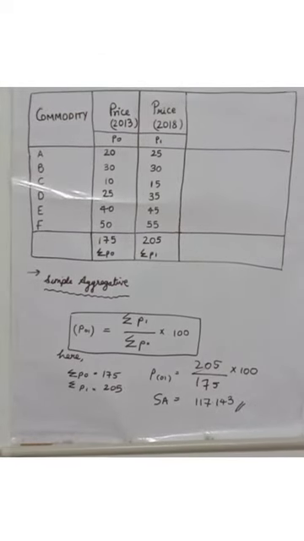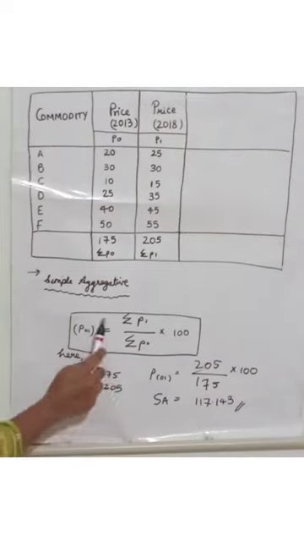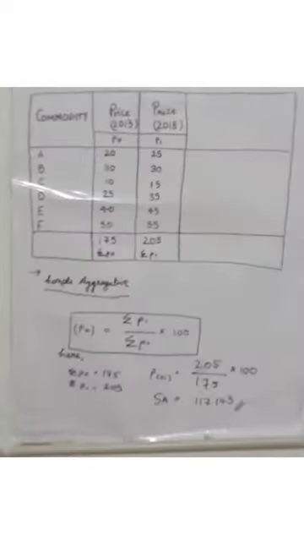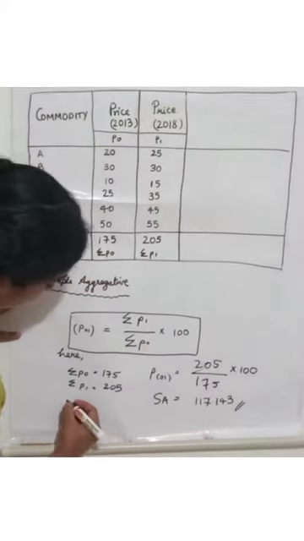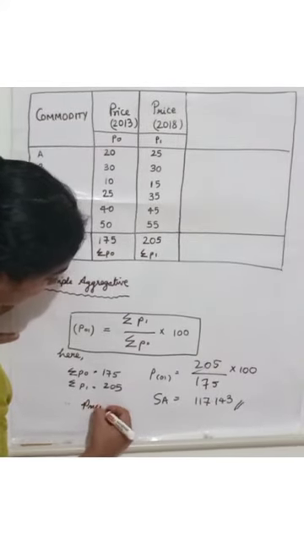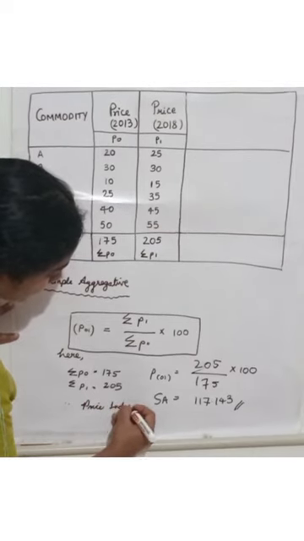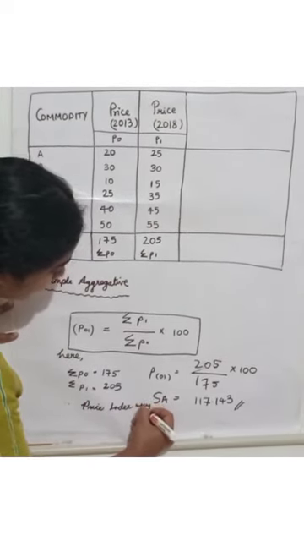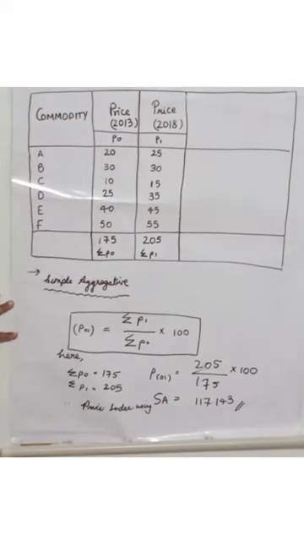Students, while solving problems, to gain more marks we need to systematically write all the steps. That is, whatever points we have in our hand, whatever we are going to calculate, these points have to be noted down like this. Also write the formula, then simply state that we are putting the values into the formula and we get the answer. And for the final statement, also remember to write it as: price index using simple aggregative is 117.143.